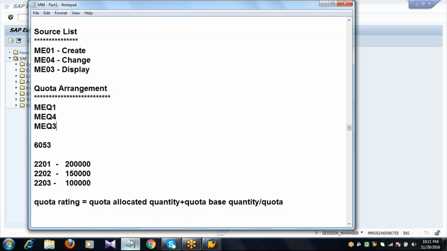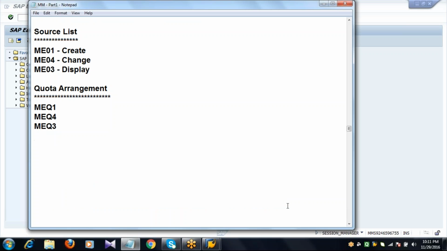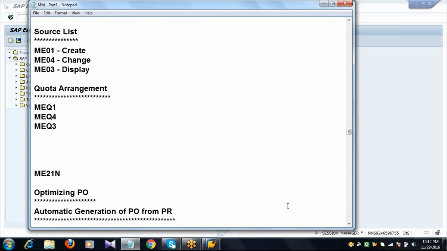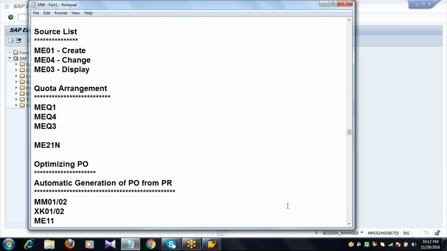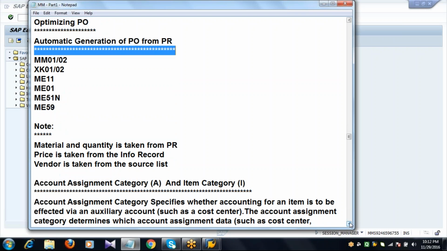So the next topic is optimizing PO, that is, automatic generation of PO from PR. We have two scenarios where purchase orders are created automatically.